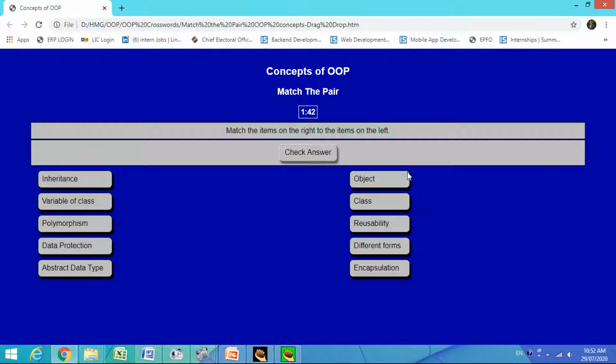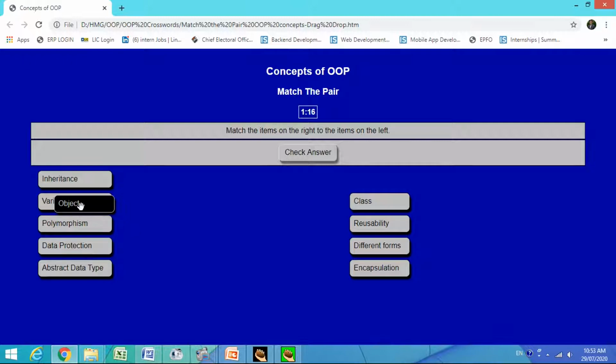What is drag and drop? From the right side, move the cursor here and hold the left key, so it will be selected. Hold the left mouse key and using the mouse drag this particular item and drop it at the particular option. Suppose object is variable of class, so I will put it here, leave it.